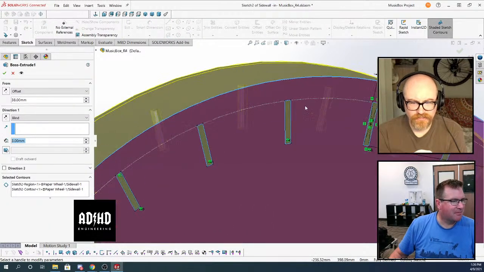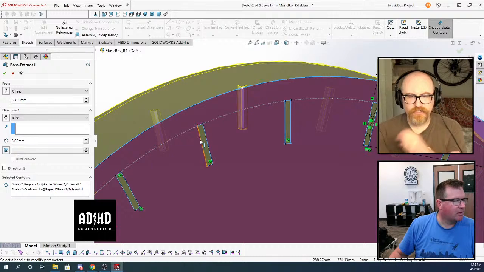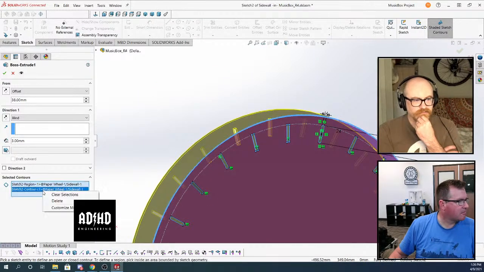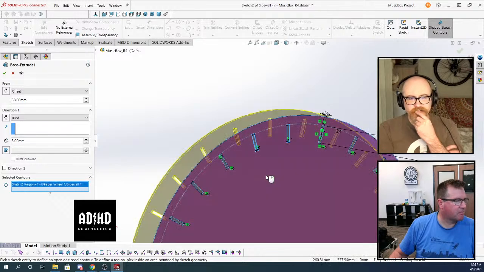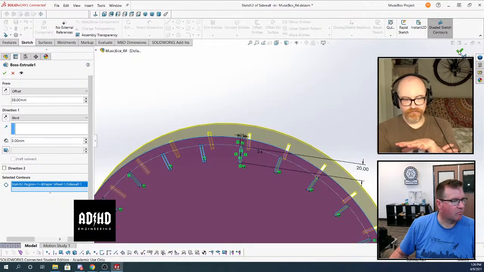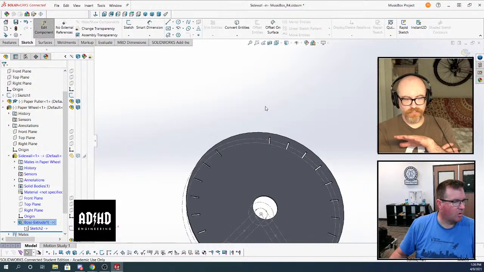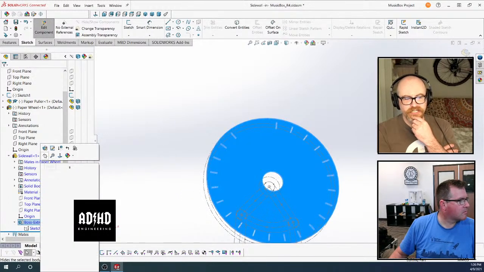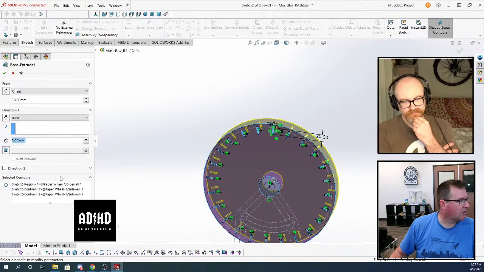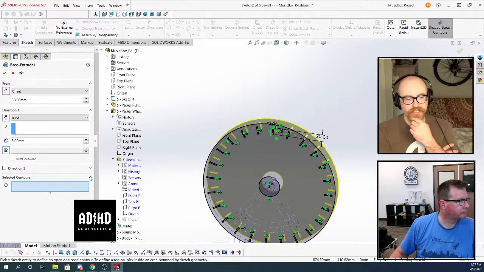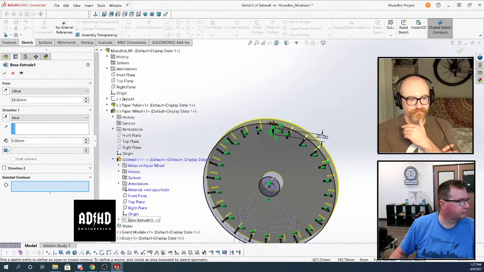It's supposed to. Are you selecting the right sketch? Wait, what are you extruding? Oh, that's a good question. Clear selections. Okay, so this is another argument I have against selecting contours. Essentially, you want the entire sketch to be extruded, right? Yeah. So select the sketch. Don't select the contours. You want to close the sketch and then just extrude the sketch.